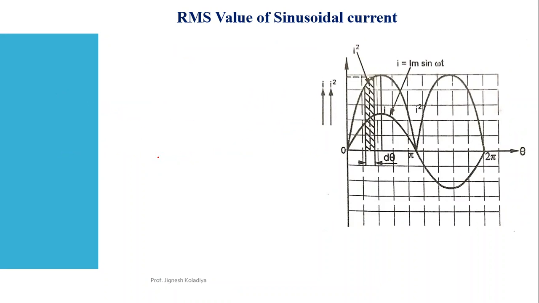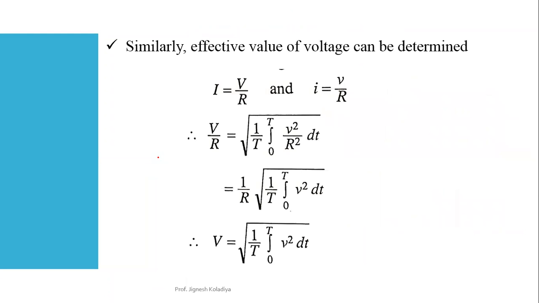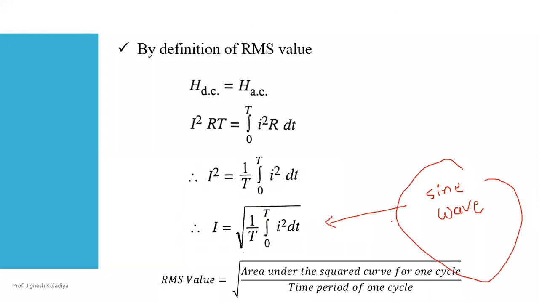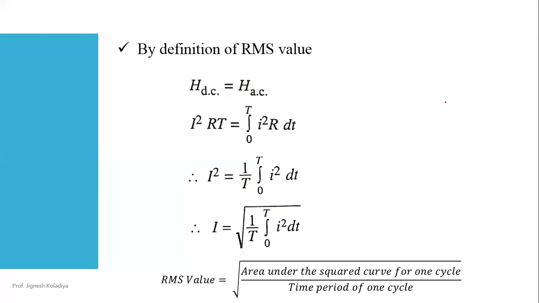Okay, till this point we have just discussed the generalized method for RMS value, and in both the methods we have different equations. Now we have to use this equation for the RMS value of current, and I have to find the RMS value for a sine wave. Let us find the RMS value for a sine wave by using this equation. Okay, so let us do it.